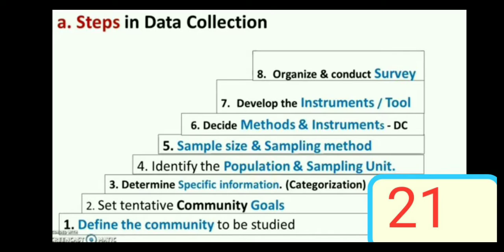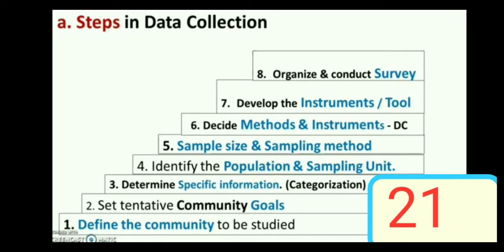Fifth, sample size and sampling method. Sixth, decide methods and instruments. Seventh, develop the instruments or tools. Eighth, organize and conduct the survey. So these are the steps of data collection.